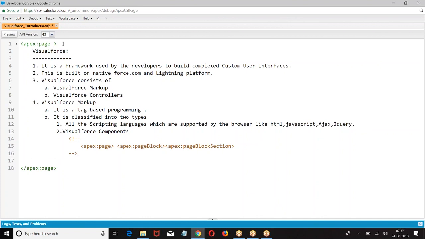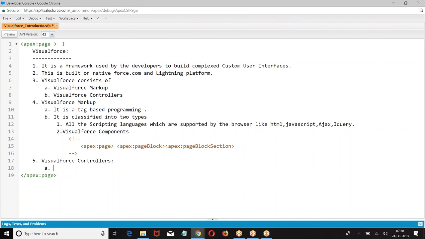What is the next one we had? Visual Force controllers. When I say Visual Force controllers, it will deal with server-side operation. When a user interacts with any element on the page, if you want to perform any action on the server side, then we go for controllers.